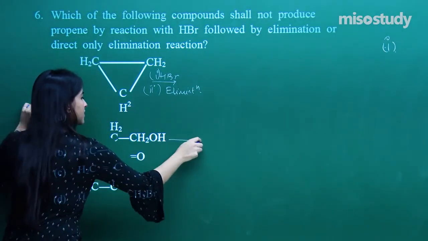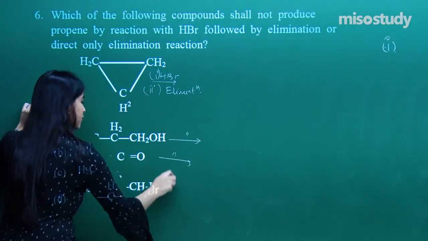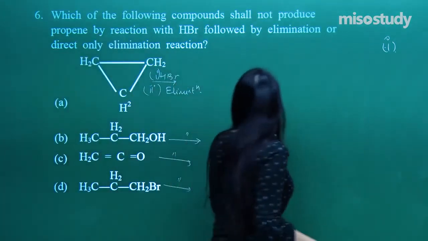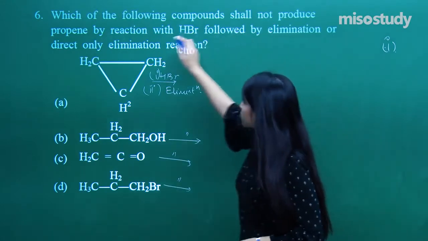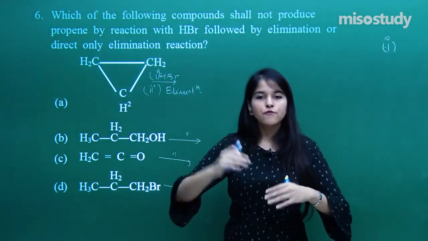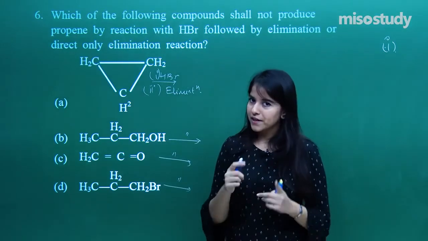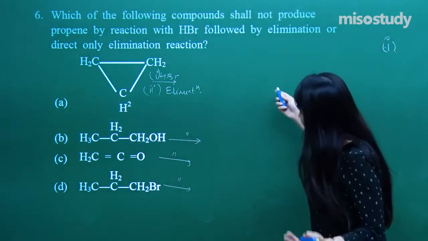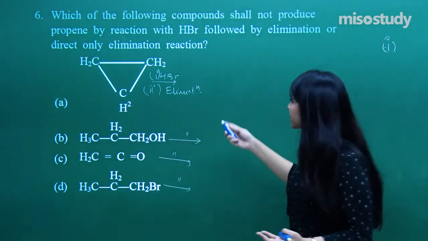A similar scenario would be there in each one of them. So I need to have a proper product. What kind of a proper product shall not produce a propene? So I do not need propene. That means out of 4, 3 would be producing propene and 1 would not. So I hope you all have got the question here. So let us just have the answers to it.